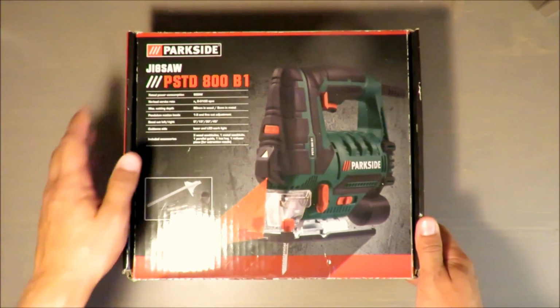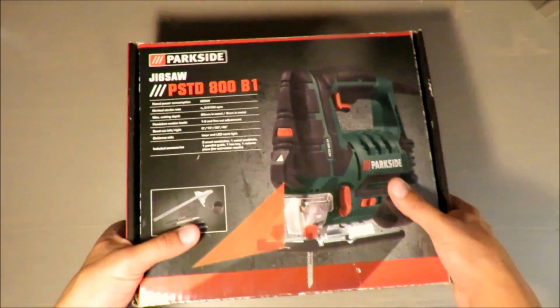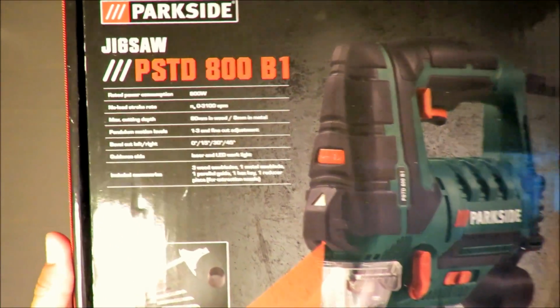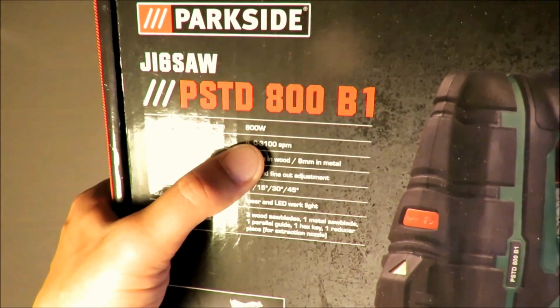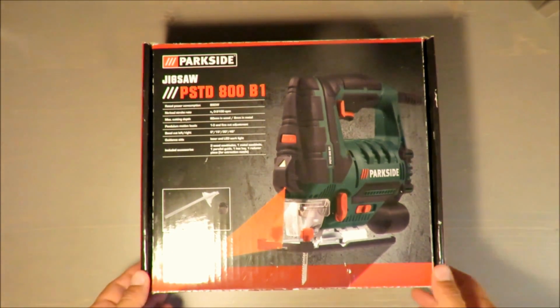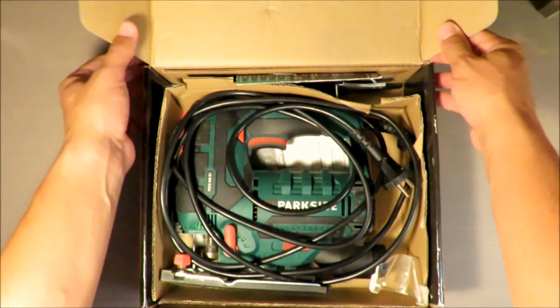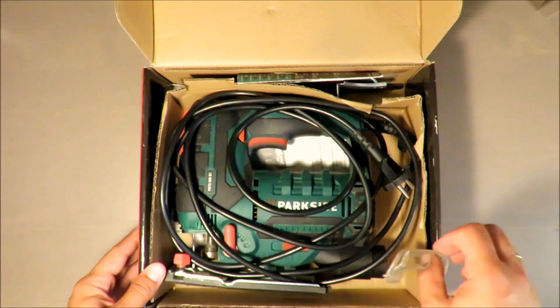In today's episode I will share with you some of my experience with this jigsaw, Parkside Jigsaw, which is 800 watts. You may see it's a lot, and I have to admit that this device doesn't lack power. Power is more than enough,